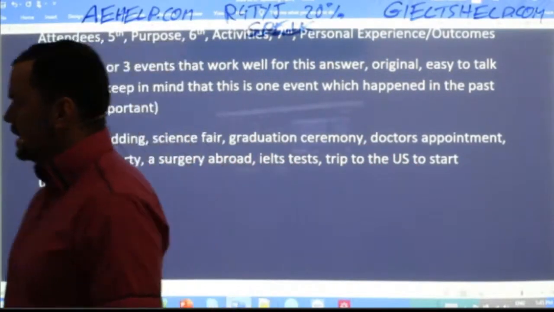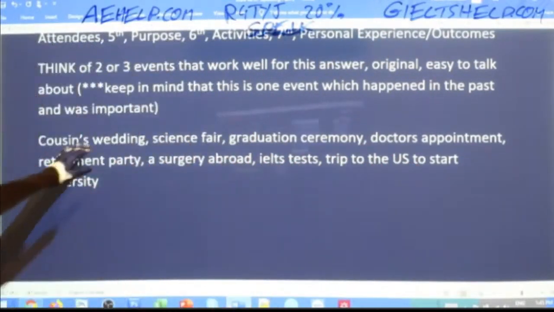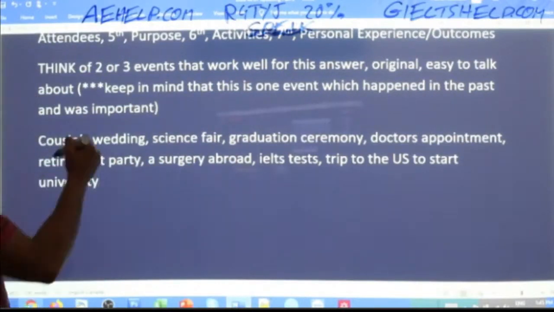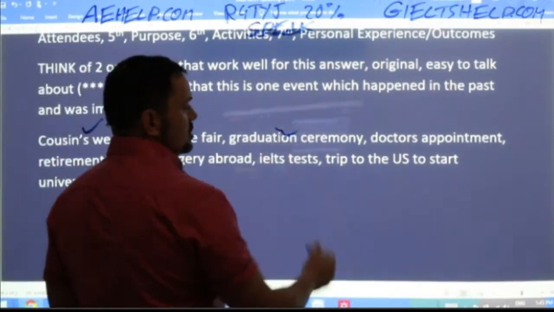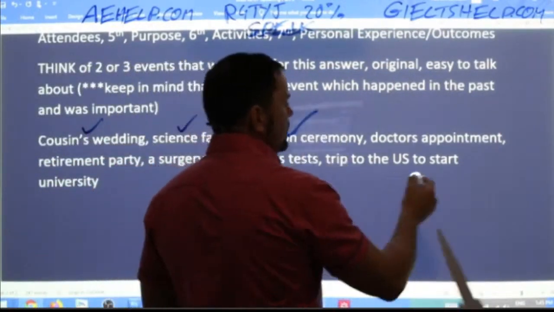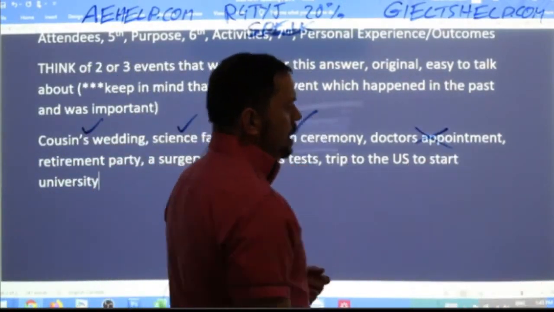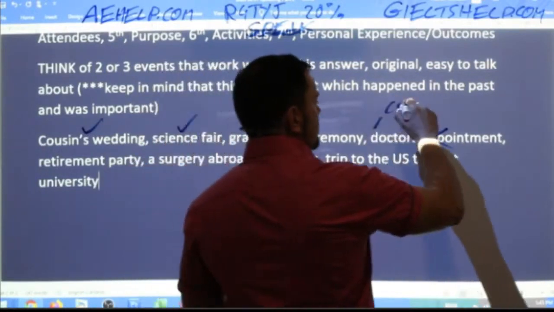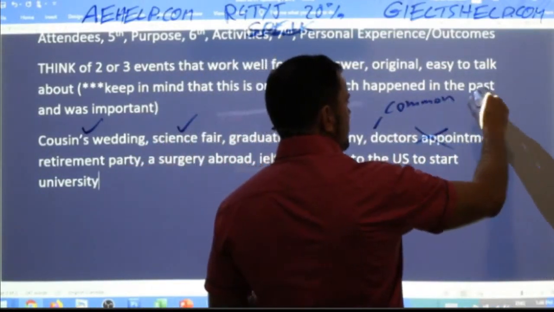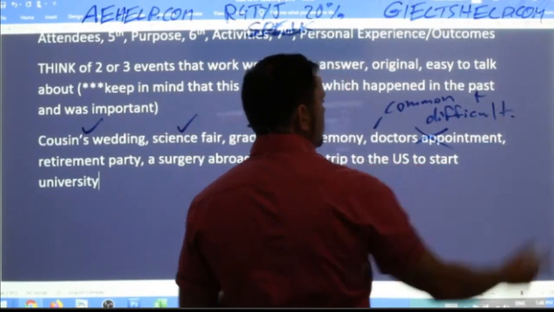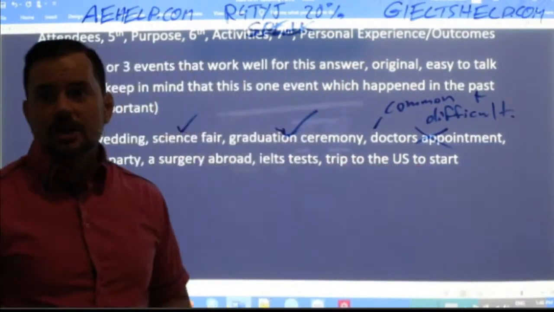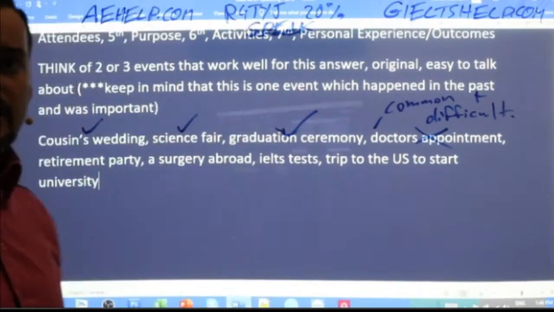Okay, so let's take a look at this. So, cousin's wedding, I think that's a pretty good idea. Science fair, I think, is okay. Graduation ceremony is okay. Doctor's appointment, I actually wouldn't choose that for two reasons. It's common plus difficult. Okay, so unless you're a doctor like Dr. Krishna, who I'm not sure if they're here, but